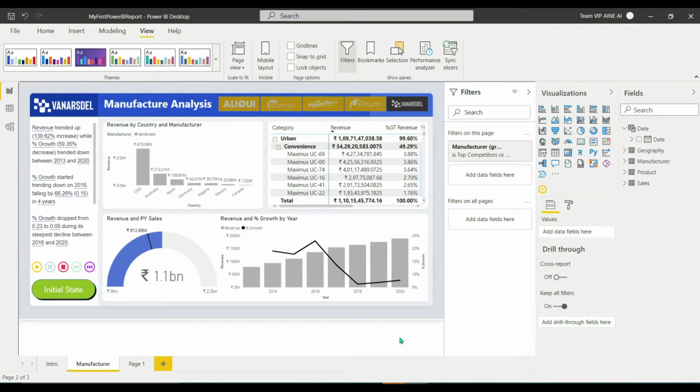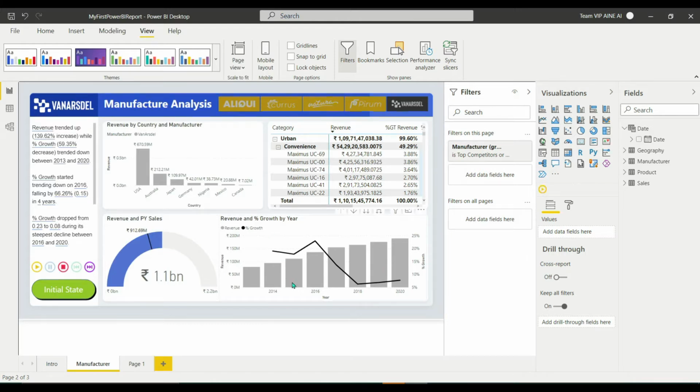Now, moving on to our analysis part, this is the dashboard that we have created for the Van Astel analysis to compare it with our other top competitors across the globe. This is the basic summary generated based on this report, and this is the visualization for revenue based on country and manufacturer. These are the different categories and products developed by each manufacturer, and this is the revenue by sales visualization. This is the card chart, which is used for checking if the target has been achieved by the company or not.